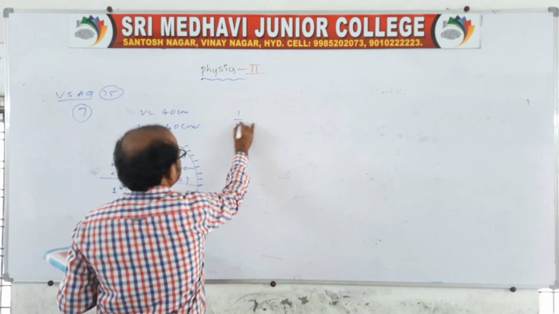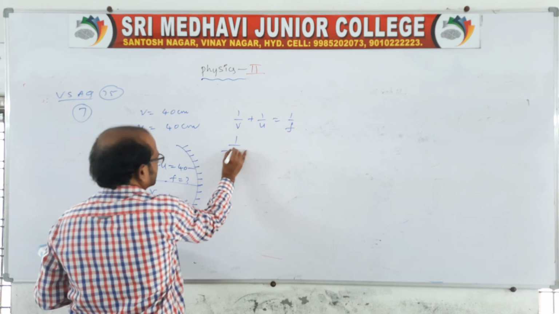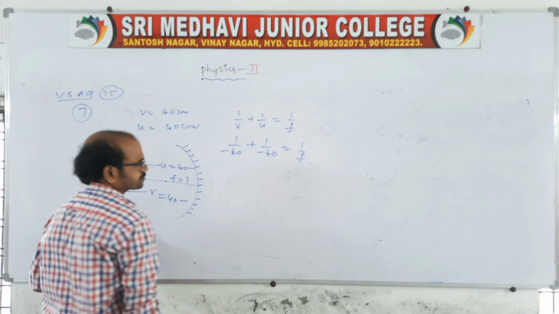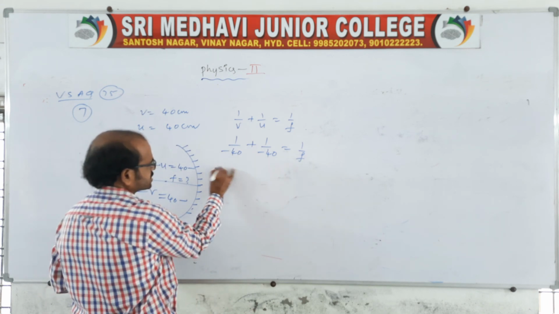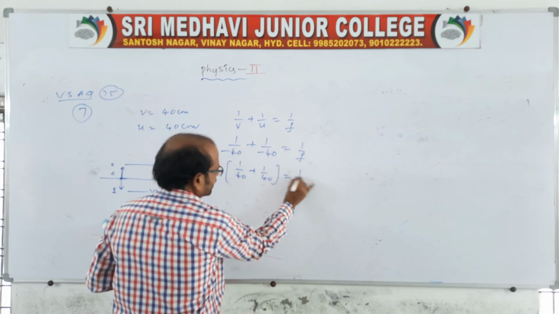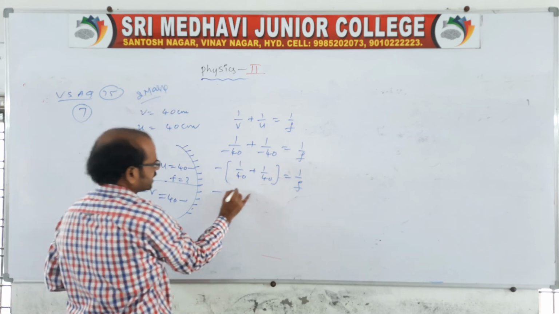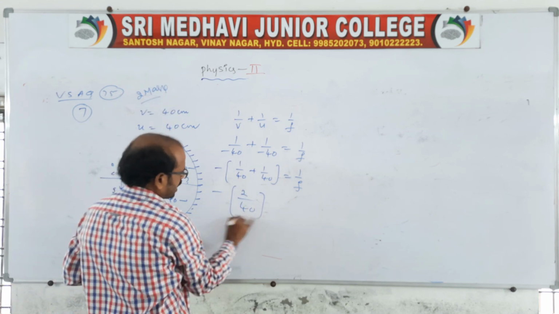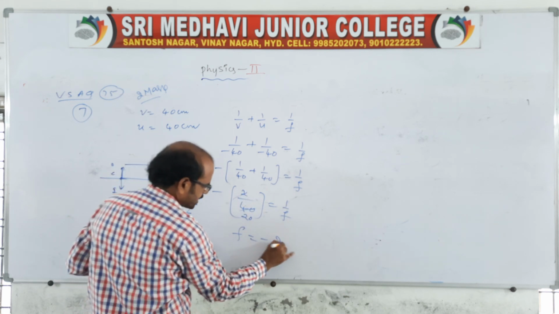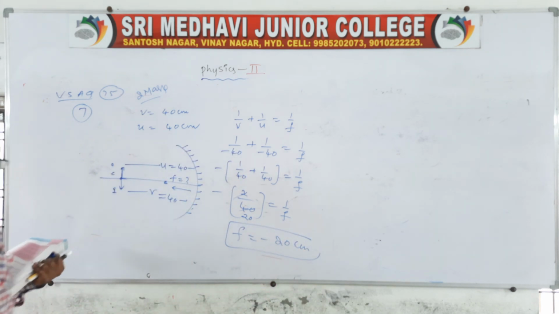So there is the mirror equation, 1 by v plus 1 by u is equal to 1 by f. What is 1 by v? Minus 1 by 40 plus minus 1 by 40 is equal to 1 by f. So you do one thing, take minus common: 1 by 40 plus 1 by 40 is equal to 1 by f. Very simple, for a 2 marks question. Clear? So here we get 2 by 40 equal to 1 by f. 2 ones, 2 twenties. So f will be minus 20 centimeter. Yes, minus 20, because the focus is also measured in the opposite direction.